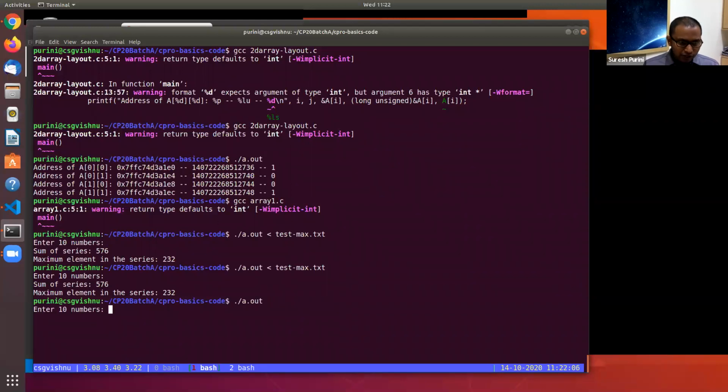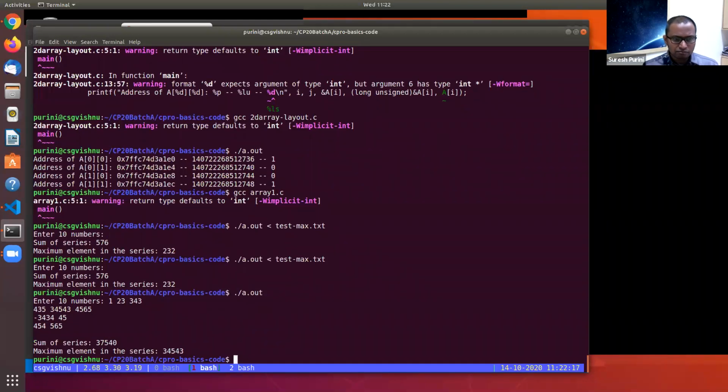You can also give the input here, like 1, 12. You can give it in any random order, it doesn't matter. After 10 values are read, their sum and max will be computed.